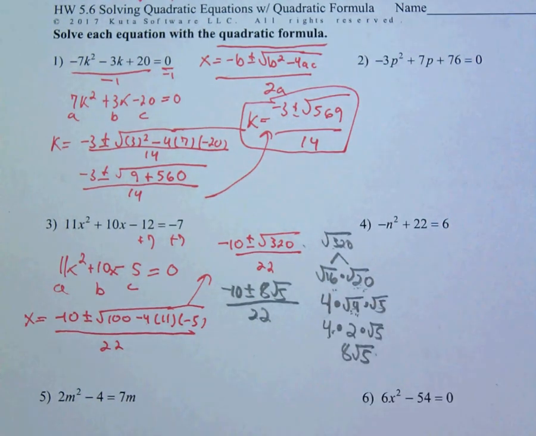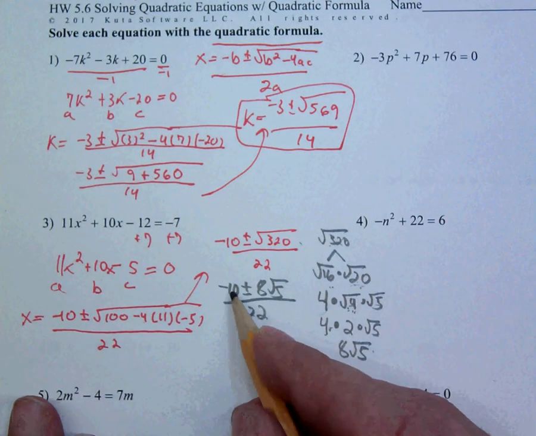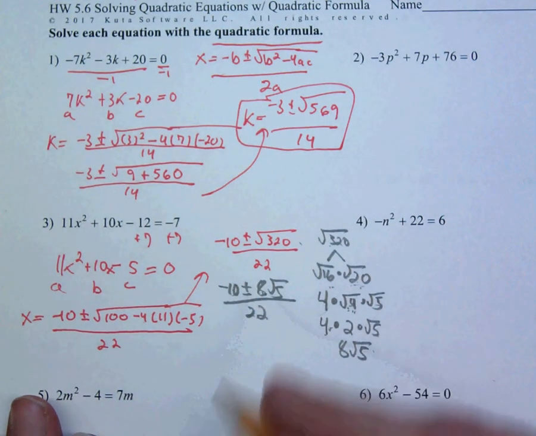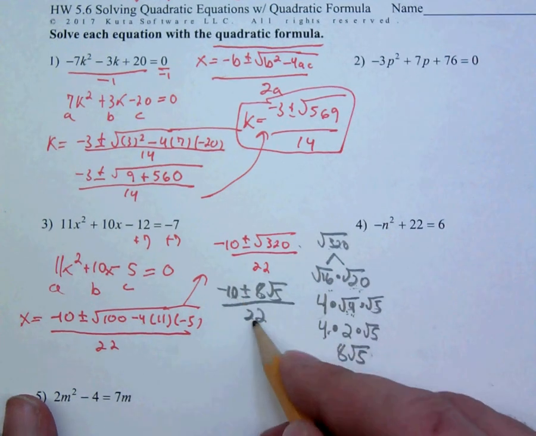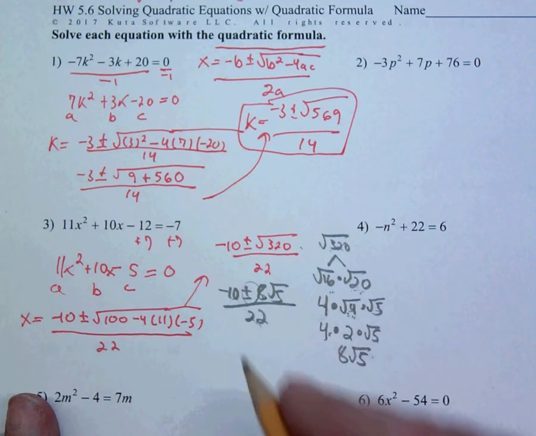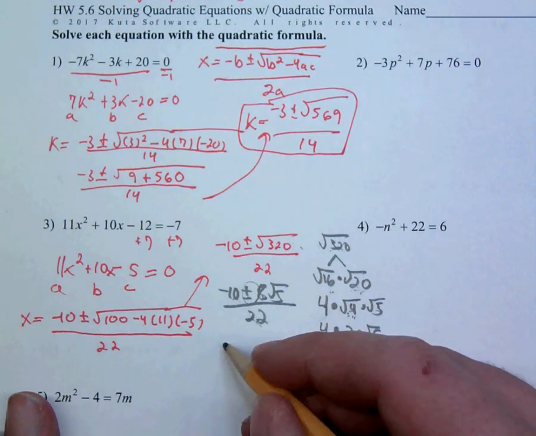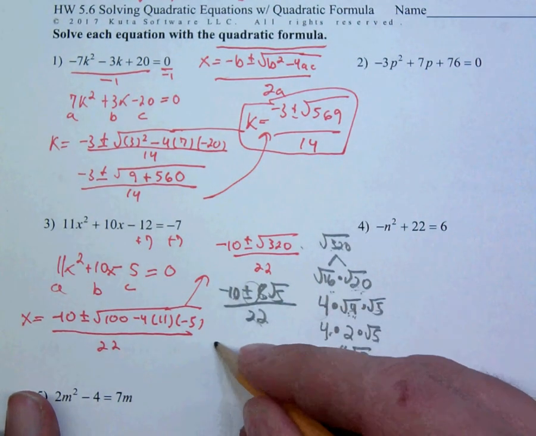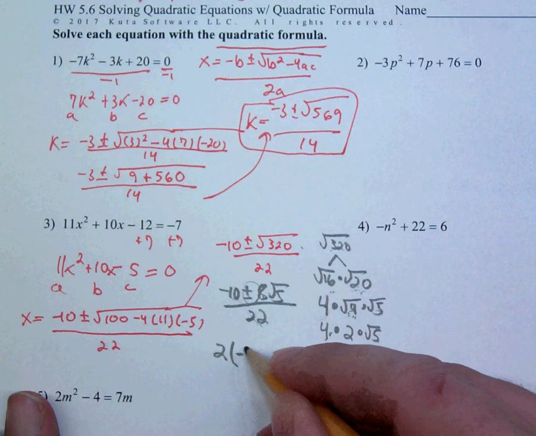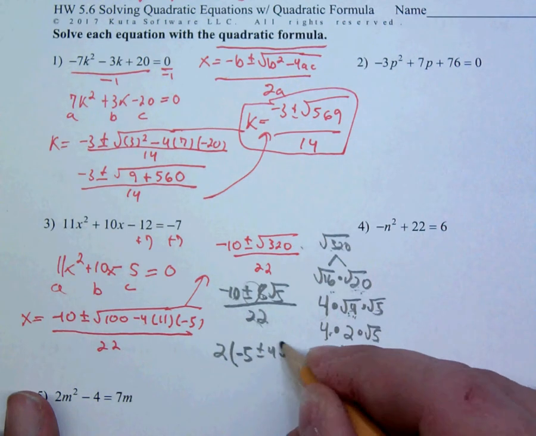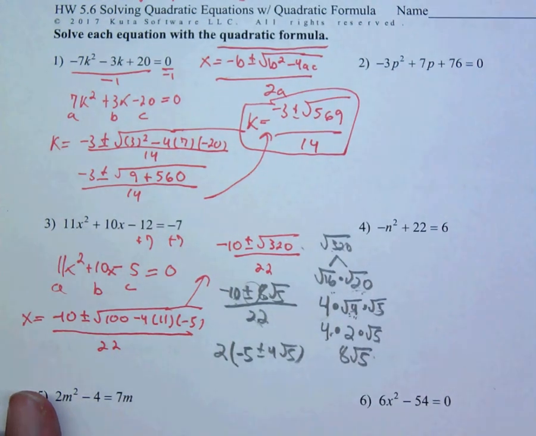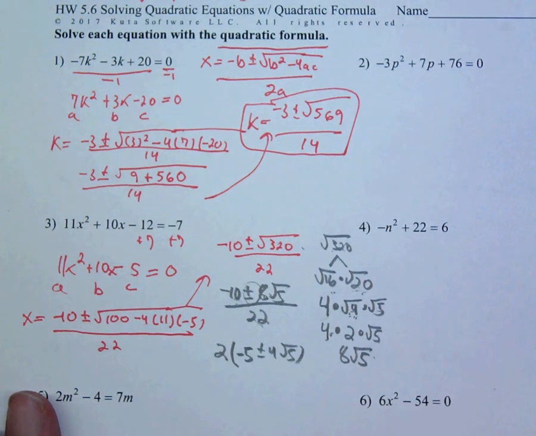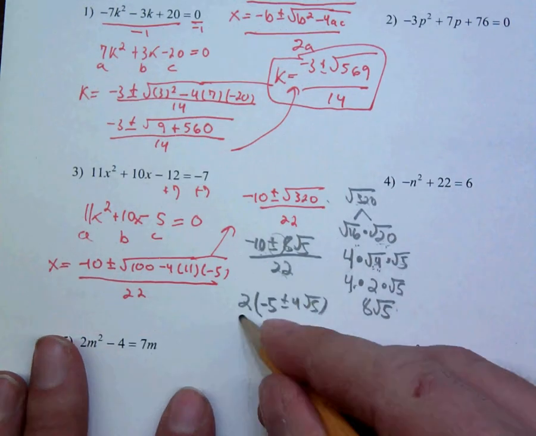And this can be simplified because all of them are divisible by 2. The way to simplify a fraction is you can't just simplify one part of it. Notice that there's a plus here. What we are allowed to do is factor out a common factor from both the numerator and the denominator. 2 times negative 5 plus or minus 4 square root of 5. Notice that 2 times negative 5 is negative 10. And 2 times 4 square root of 5 is going to give me 8 square root of 5